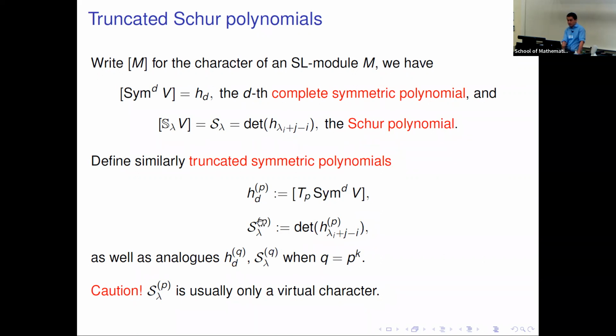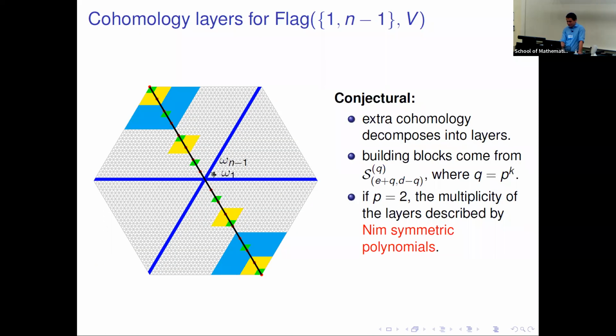But anyways, it's a symmetric polynomial. So there are a lot of questions about understanding how to write these truncated Schur polynomials in terms of characters of simple modules. And again, that has to do with a whole other interesting area of modular representation theory. So what we observe is that